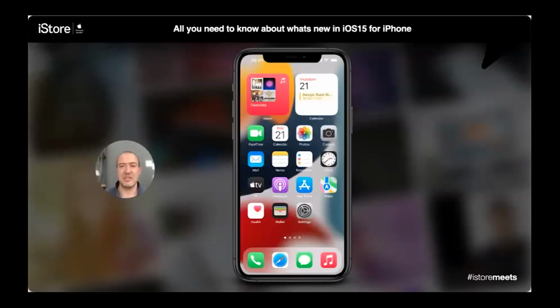And I hope if you haven't upgraded yet, maybe this is just what you needed to go and upgrade your software. By the way, there's a new version coming out even on Monday, right? So iOS 15.1. There's a feature I can't show you yet. Maybe I'll quickly mention it, but there's a new feature coming out on Monday when that software will be updated